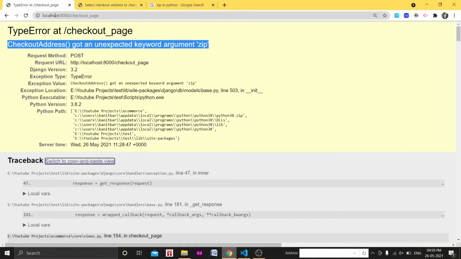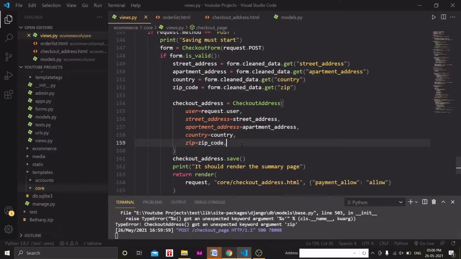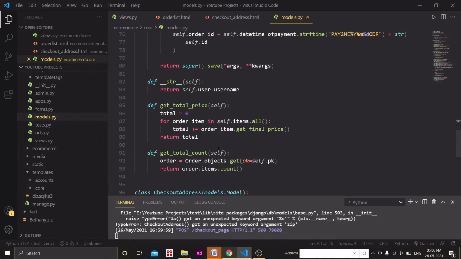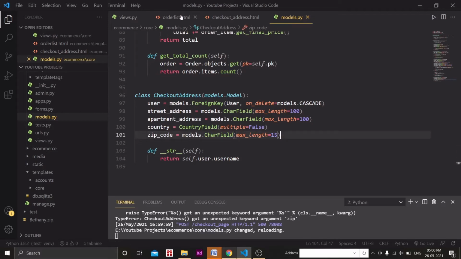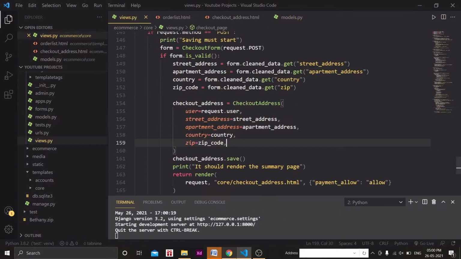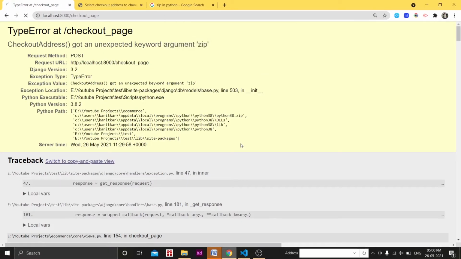Okay, let's hit reload. In the models.py file, what we were storing, actually zip code was there. So we were storing and we are just saving in the zip format, right? So we are initializing the variable zip only. So here we have to write zip code only. Now the error should be resolved.